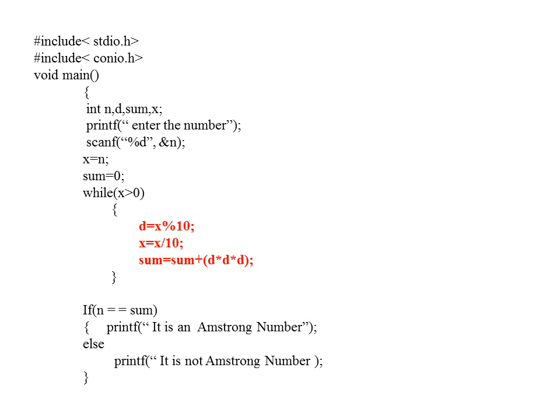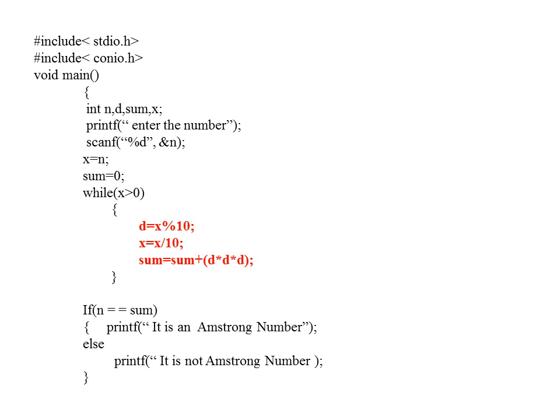Let's see the program. At the start I have included the header files. Within the main, the first part is nothing but the declaration of the variables. Then with the help of the printf function I take the number from the end user. For taking input, use the scanf function, as the number is stored into the variable n, and n's data type is integer. So here the percentage d in double quotes and n is used in the scanf function.